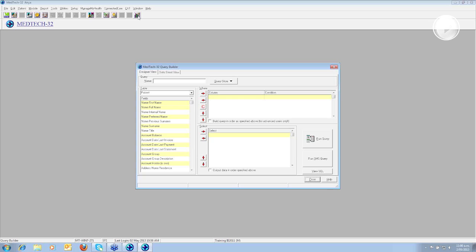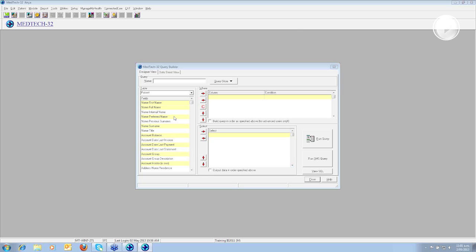The Query Builder screen consists of three distinctive sections. You have a place for a query name. You have the Table section, the Where section of the screen, and the Select section. The name will hold the title or name of the query, and we recommend you use your initials in front of the query name. The Table section of the Query Builder contains the modules or the data tables to be